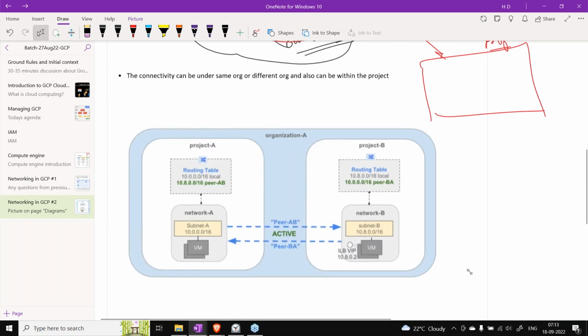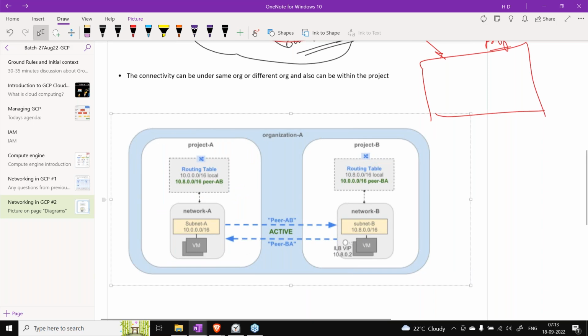I hope you can see the diagram. Is it clear, guys, or is it blurry for you? Okay, now if you see here, it is showing the same organization, but it can be a different organization also.